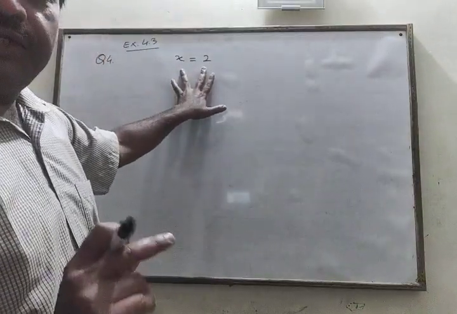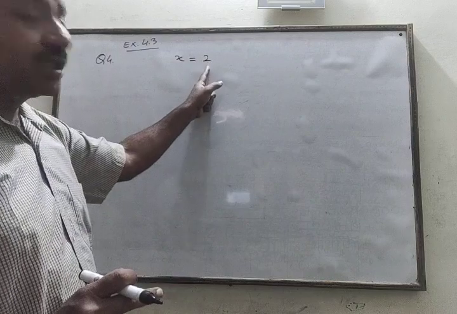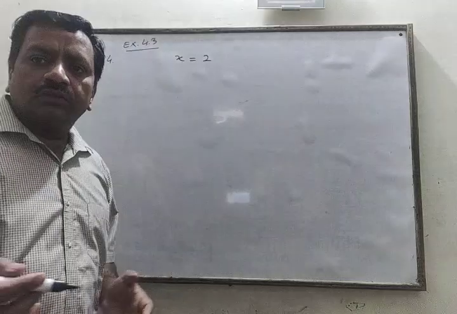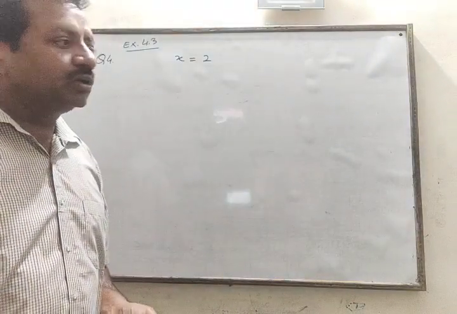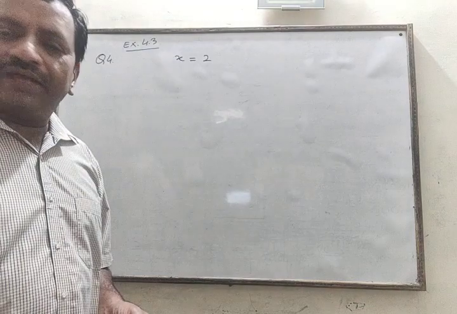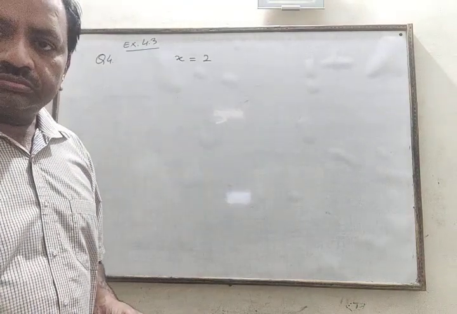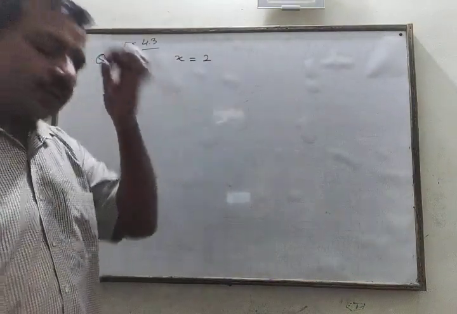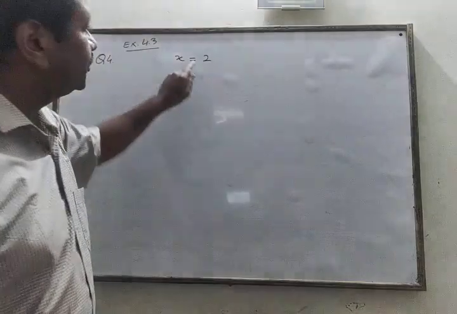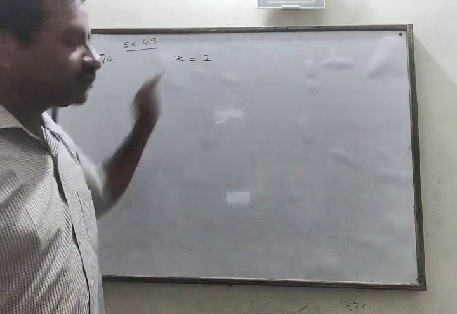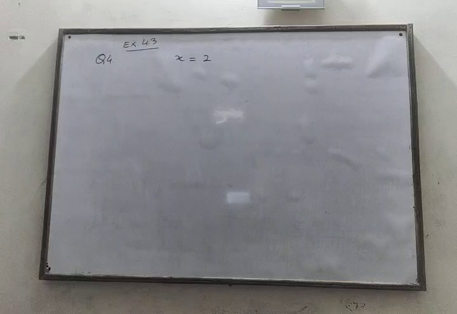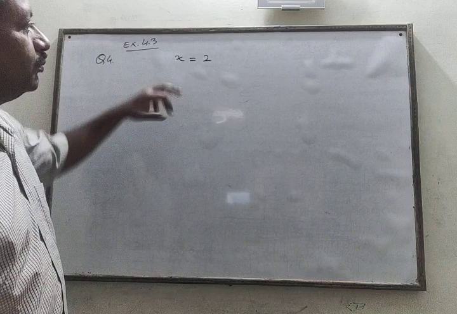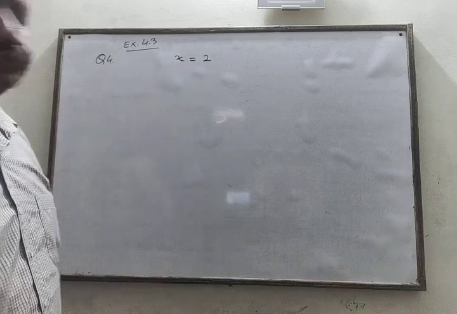So this is already one equation. This is an equation also, and this is the value of x also. Sometimes we get such type of questions in the book: find the value of 5xy for x equal to 2. So x equal to 2 is a value and also an equation, because it contains an equal to sign. Similar type of three more equations we need to form by taking x equal to 2.